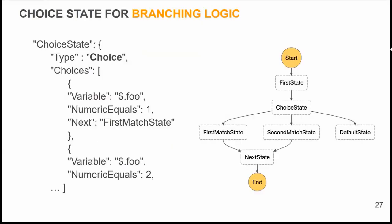Choice states add branching logic. In this case, you specify the state type Choice, and the choices are a set of pairwise comparators. We compare a variable from the input to the state. In this case, the JSON path is $.foo, and we ask, does numeric equal 1? If so, go to that first match state. If not, go to the next comparator. In this case, the comparator equals 2. If yes, go to that match state. If not, go to the next comparator. You can compare numerics, strings, timestamps, and booleans in your choice state, and you can construct them with ands, nots,